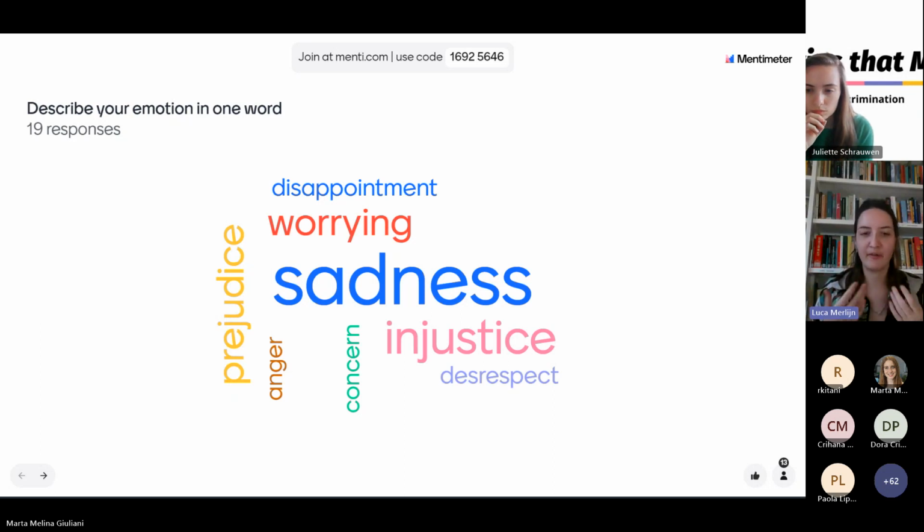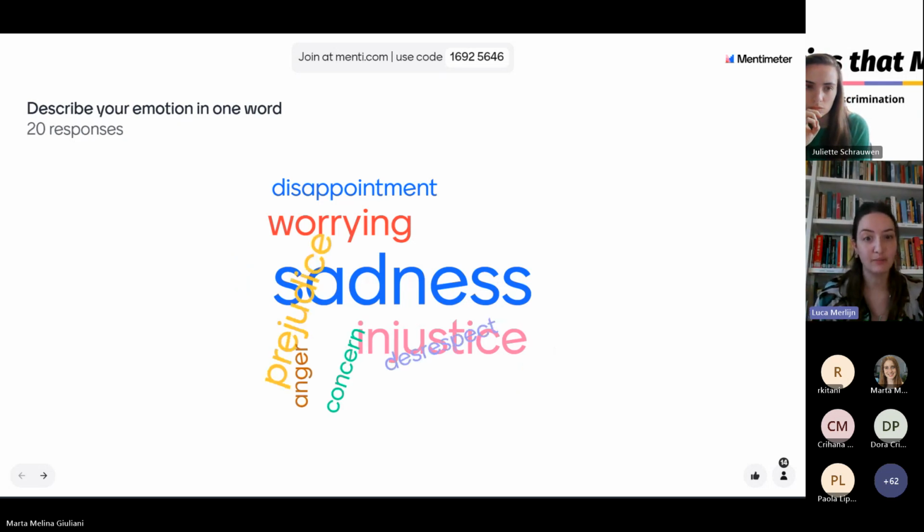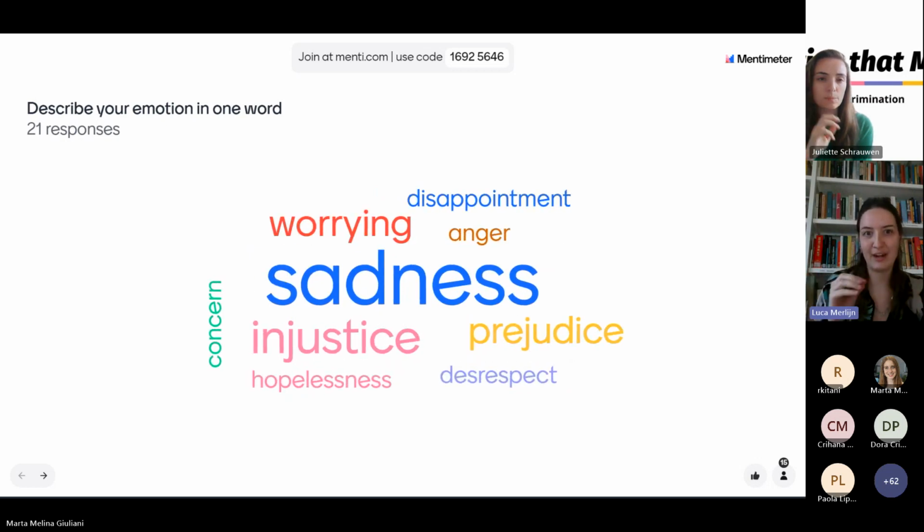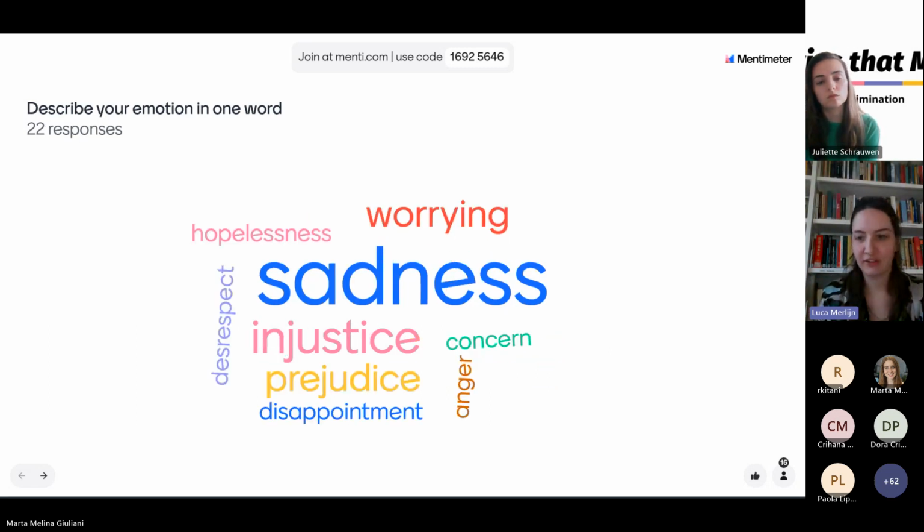What are they thinking? What are they feeling? And it's actually also interesting because sometimes there can be emotions within the word cloud which are really different from each other. And that's interesting to start a conversation about, hey, why are you feeling like that? And then you can learn so much from each other.